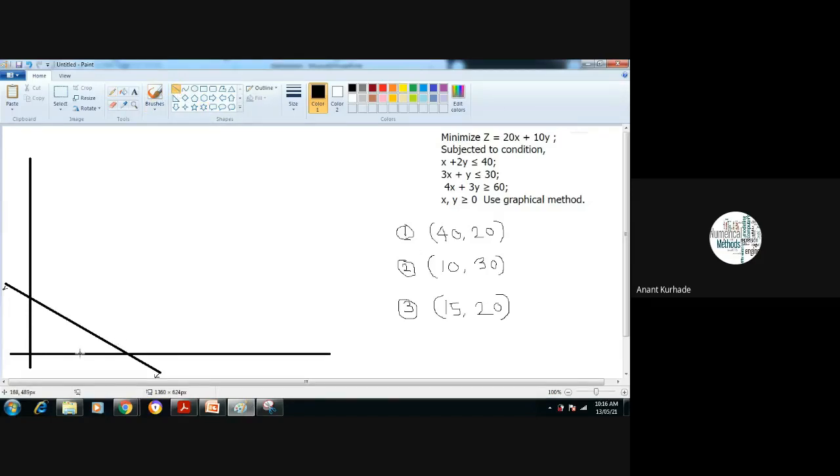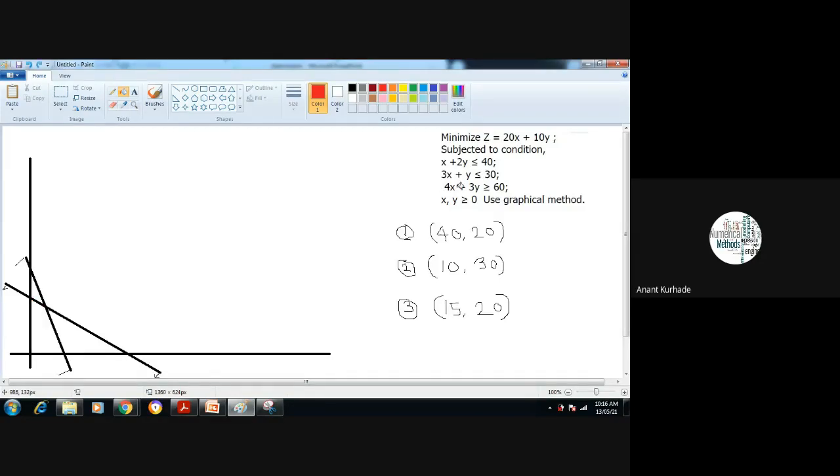Secondly, what about 10 and 30? 10 is on the x axis, and this is 30. Then we have this line. This one also has less than or equal to, so the visible region will lie exactly below this line. This is important. You have to make downward arrows. If we consider only these two lines, the visible region will lie only in this region. Is it correct? Yes, sir. Okay, so that is for these two lines only, but we have been provided a third line.